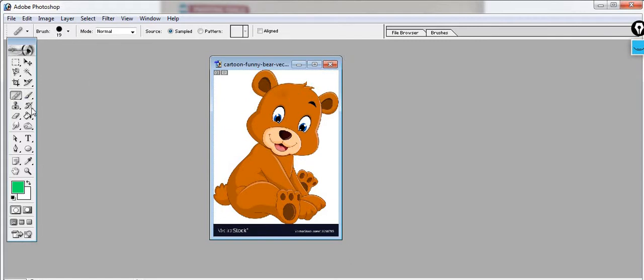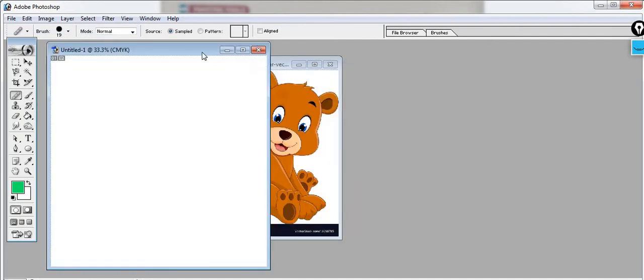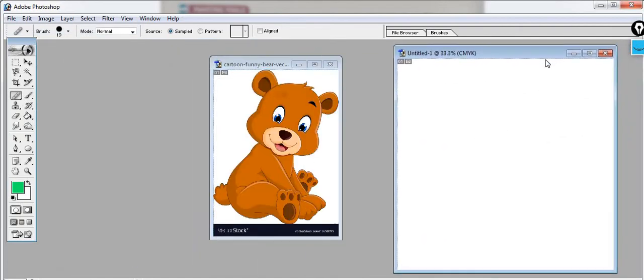Now next, the third one we are going to see is the clone stamp tool. Wait a minute, let me take one more window here. See, this is one more window.